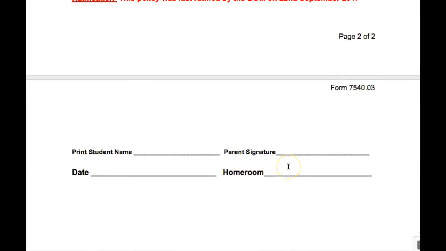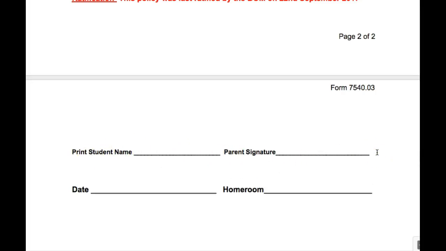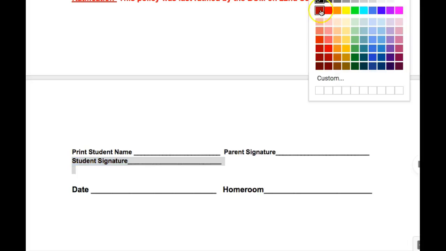The only thing that I would maybe include as well is when they have the parent signature, and I thought I did that, I apologize. I would also make sure that you have a line for a student signature, because really a student should be on board with all of this as well. So I'll include that. Outside of it, like I said, I was pretty pleased with my school district's acceptable use